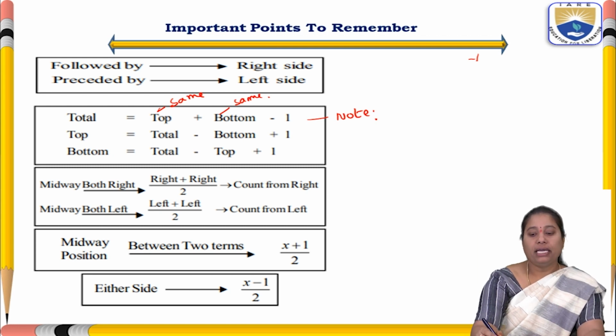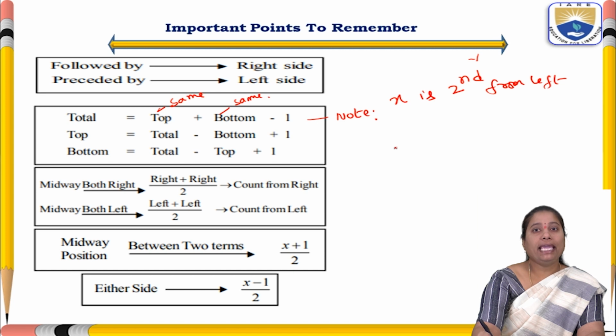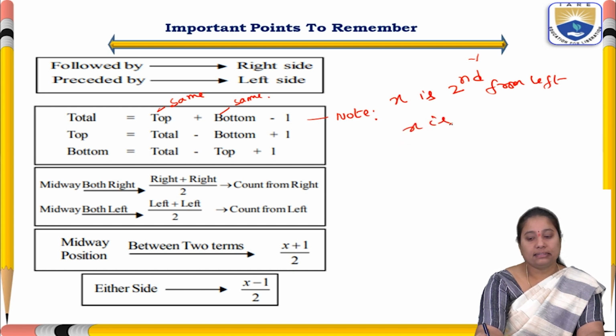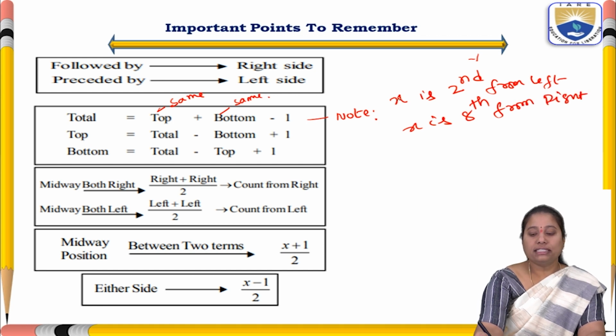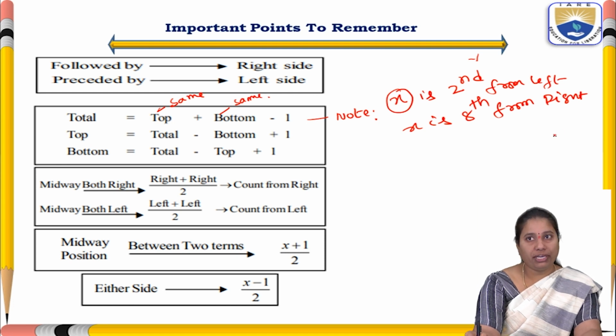For example, X is second from left and the same X is eighth from right. Then, if we know the same person X's left position and right position,